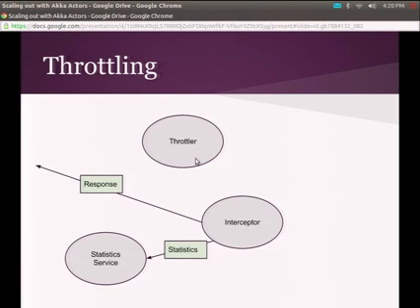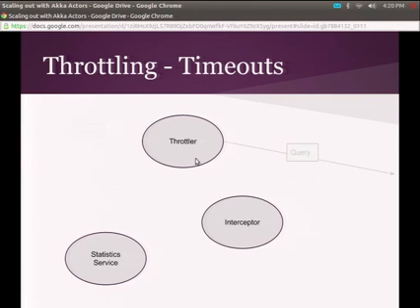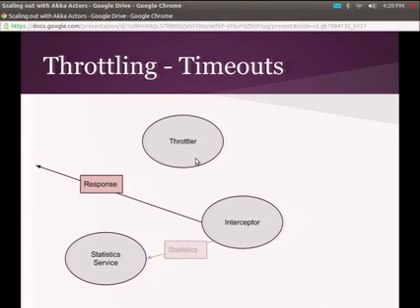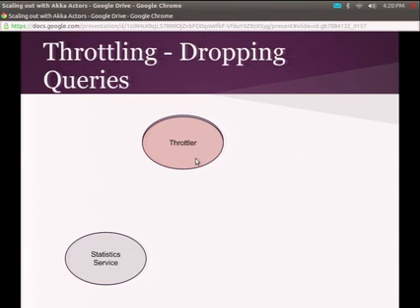Okay, so if I get a timeout, I create my interceptor, send down my query, and Akka tells me, hey, 2 seconds passed, something's bad here. I tell the statistics service that there was something bad after I send the bad response to the user to make sure the user isn't waiting, okay? Now let's say the statistics service determines that we've failed too often, the system's in trouble. What I can do is send a fail message to the throttler, and it flips state to a fail state, okay? The actor has now changed the message handler that it uses.